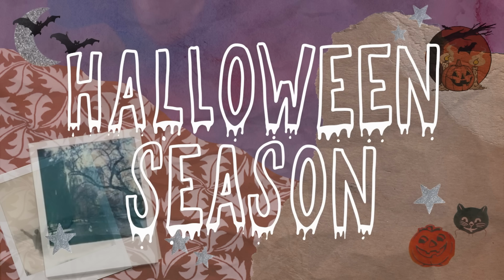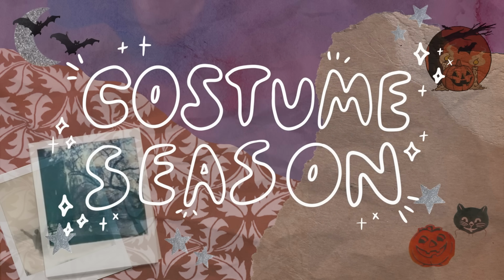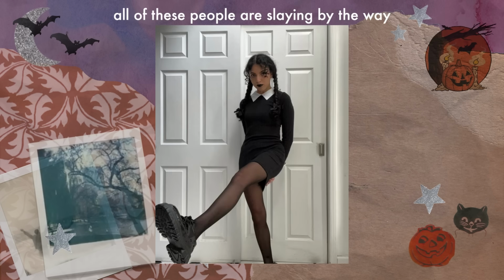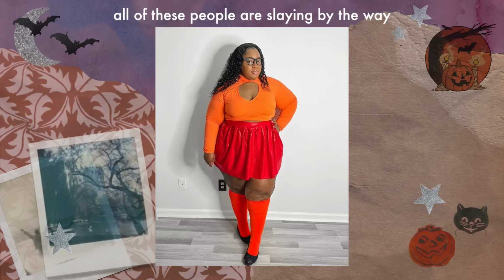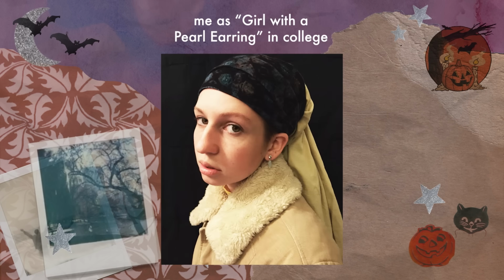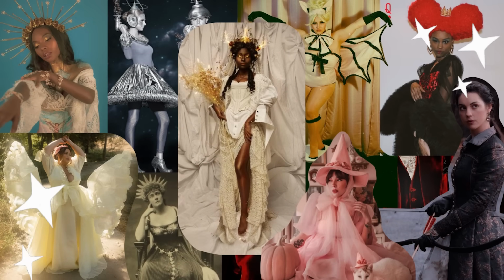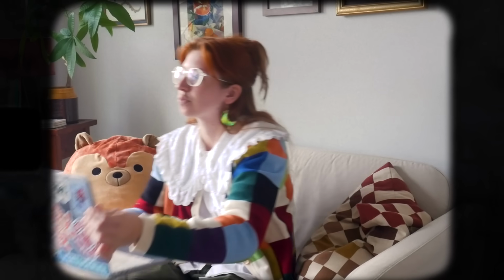It's Halloween season, baby, which means it's costume season. And honestly, normally for Halloween, I go with some simple, recognizable character reference, something easy and casual, like this, or this, or this. But this year, I want to do something more like this. And I realized I could actually pull together quite a few over-the-top, fabulous, fashionable costumes from things I already have